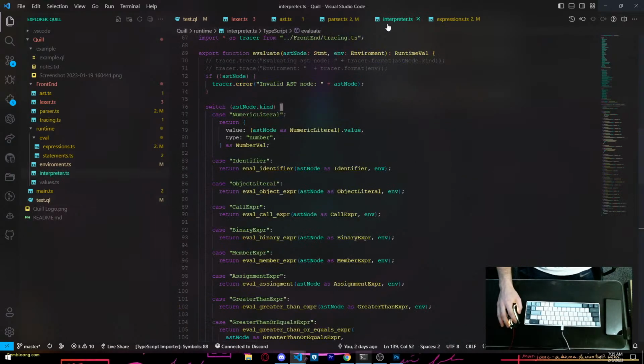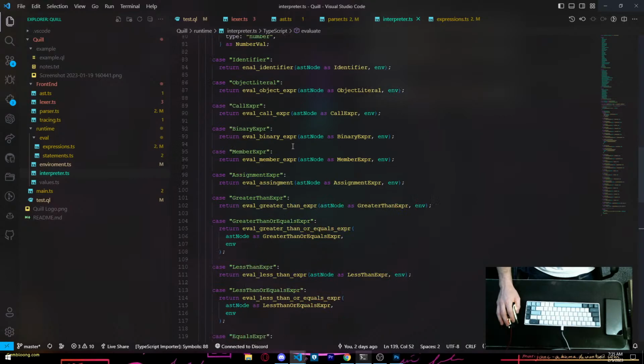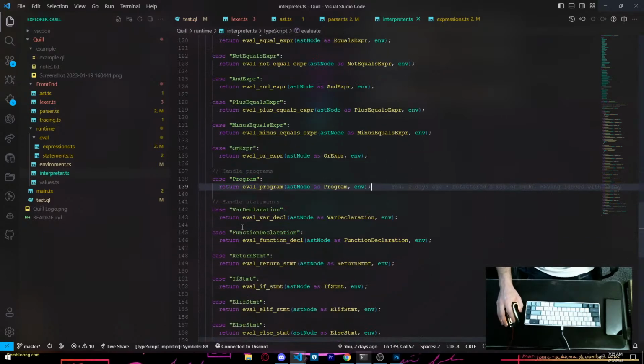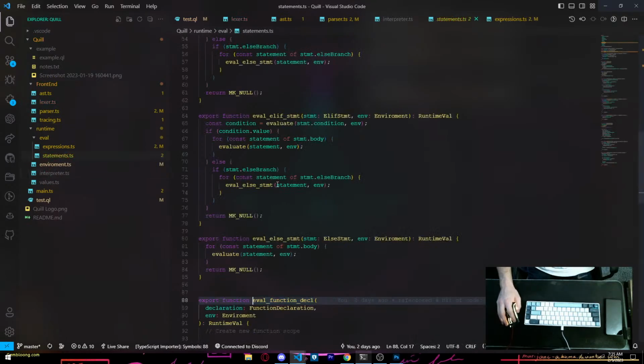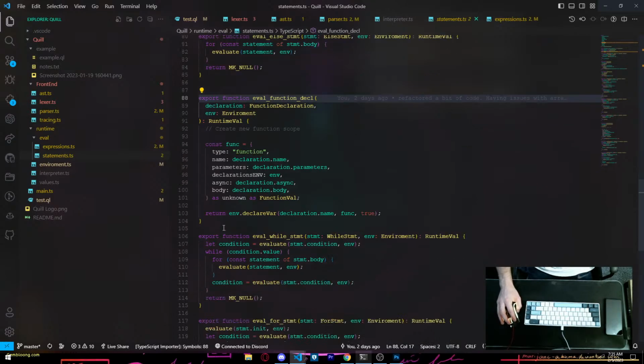And now, after we do that, we go into our interpreter. Our interpreter will then not really give, but point to the logic behind it. If we now go down to our function declaration, we see that our AST type of function declaration will return the eval function declaration. So now if we go to this, we see that for the function declaration, we're giving it logic so that we're able to actually read it.